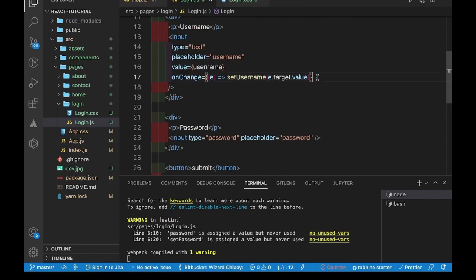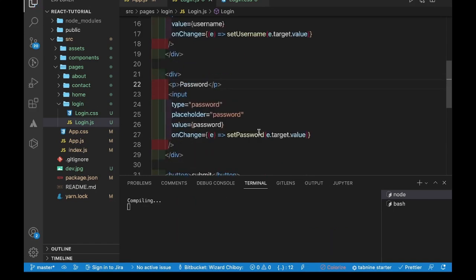I can copy this and here I'll just have to replace this to password, and then instead of set username right now, I'm just gonna set the password so that I can also catch whatever the user is typing in as his password. Okay,